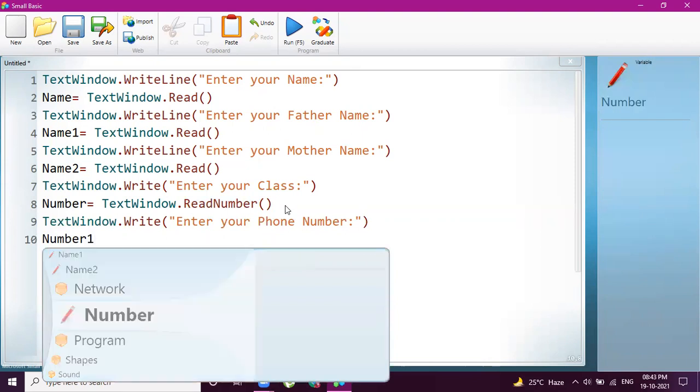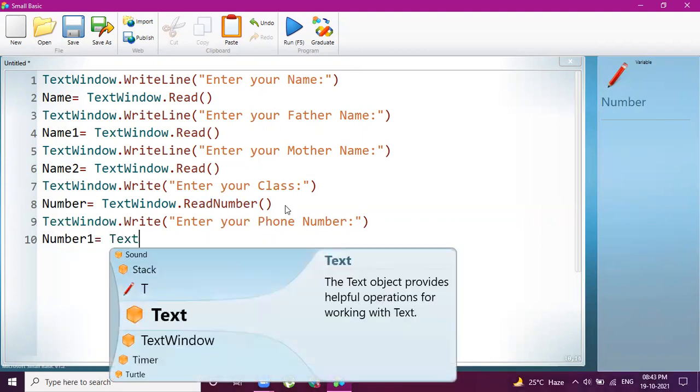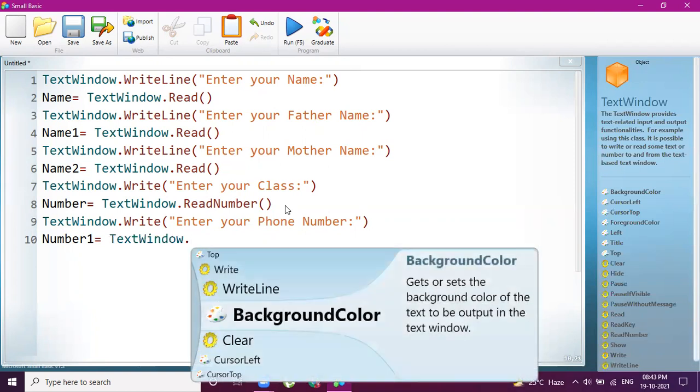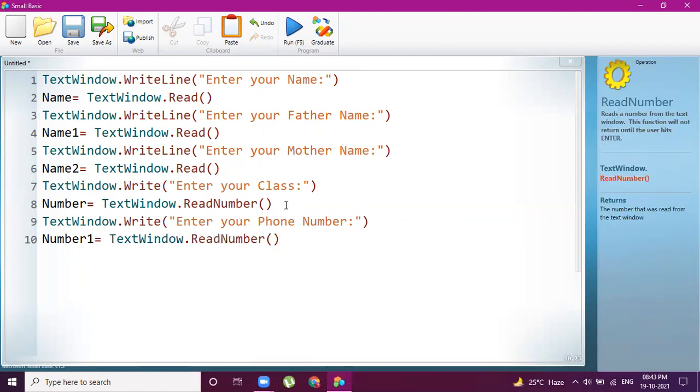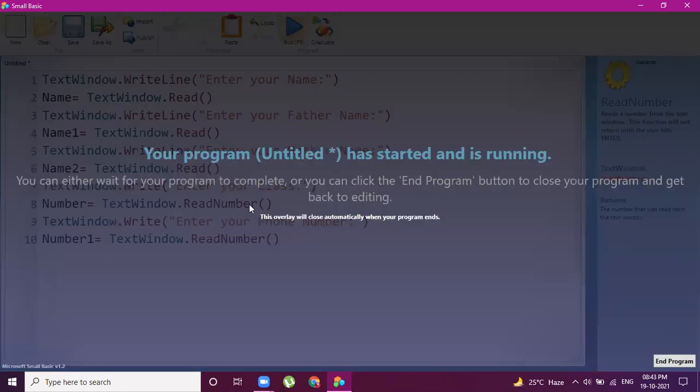Number1 is equal to text window dot read number. So here also I want to enter only the number. That is the reason here I have taken read number. So let's run the code and we'll see the output.